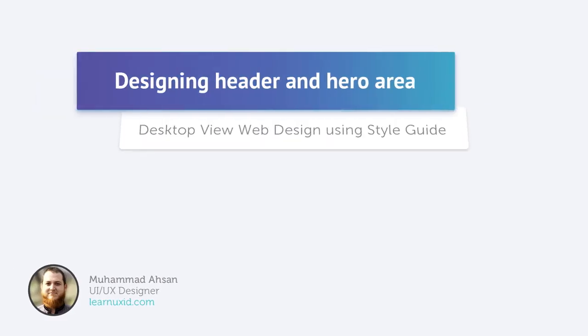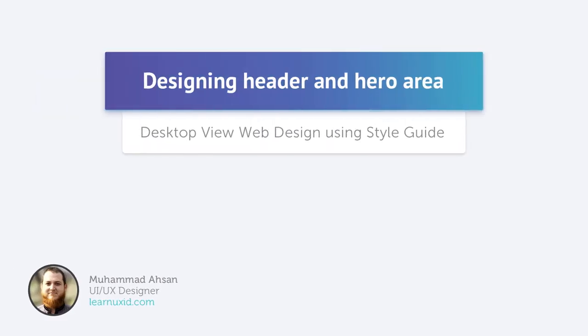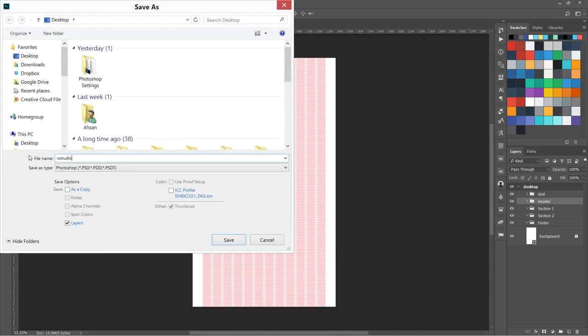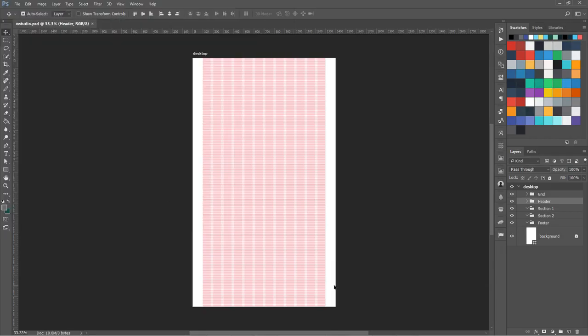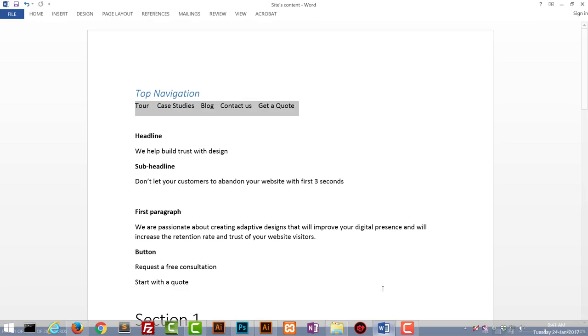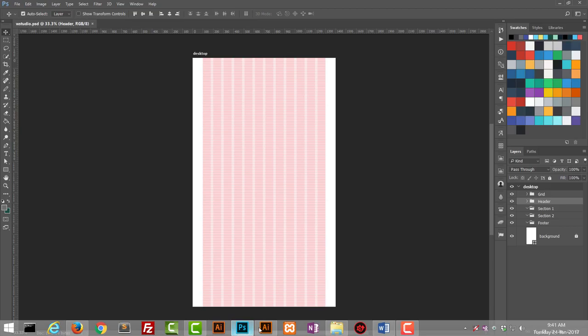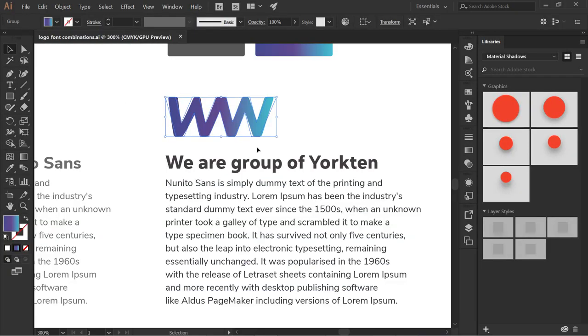Now let's start our design we have created in the last lesson. Let's save it with some name like WStudio. Okay, now I have opened up all the documents I need, which are, one is this content. Okay, so I need this content open, and then I need this document where we have our logo, which